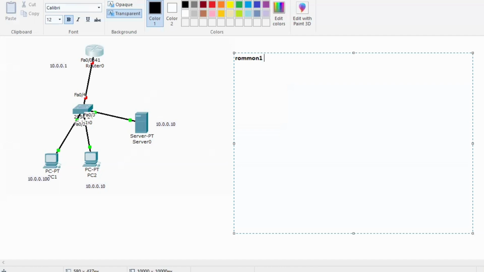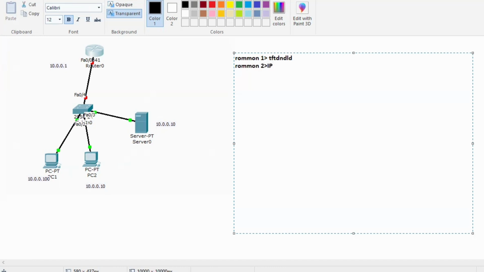You need to, because in ROMMON mode, the command is case sensitive. Here you have to use a command tftpdnld. That means you are going to download the image from where? TFTP server. So right now, if you are going to use this command, it will show you all the possible configuration, all the required commands, whatever the mandatory commands are. So first, what you have to use,